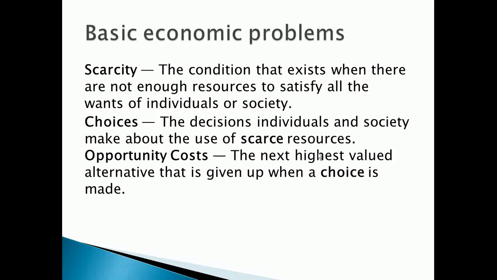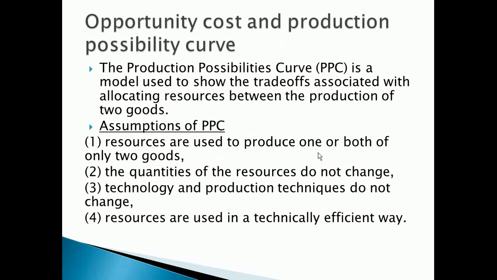Otherwise, the scarce resources will not be sufficient to manufacture both of them at the same time. There's a relationship between opportunity cost and the production possibility curve. The production possibility curve shows the trade-offs that are associated with how resources are allocated between the production of two goods. More often than not, we use the PPC to illustrate the concepts of scarcity, opportunity cost, efficiency, inefficiency, economic growth, shift, among others.